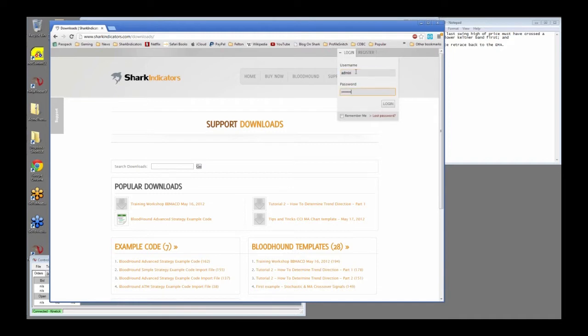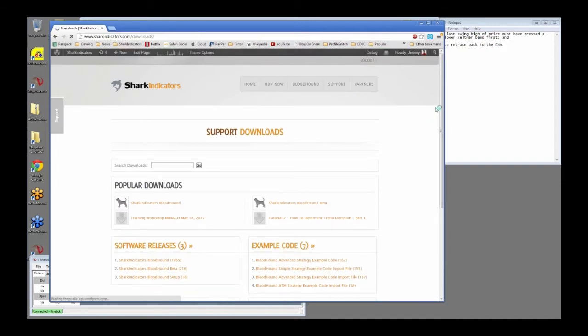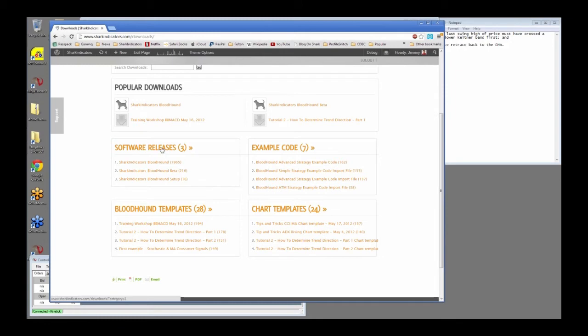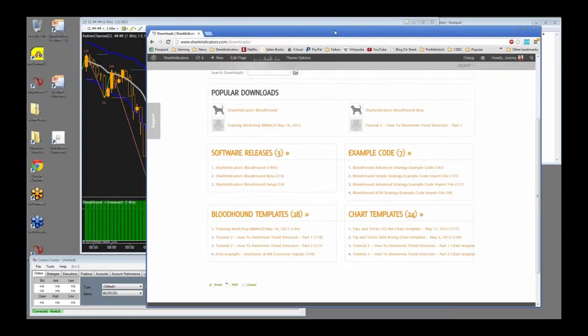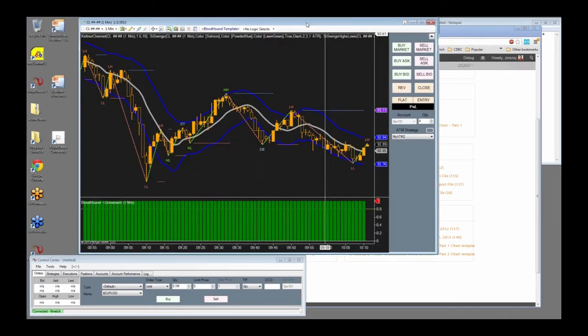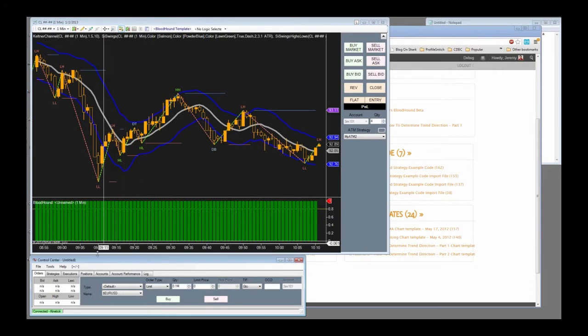You log in, and it'll reveal the downloads. Once I log in here, you can see under software releases here, we have the beta. Okay, so this is it. This is beta 1.03, and you don't have to uninstall your old one explicitly, but you certainly can if you want to. I just recommend very strongly that before you install 1.03 you close down all your windows,